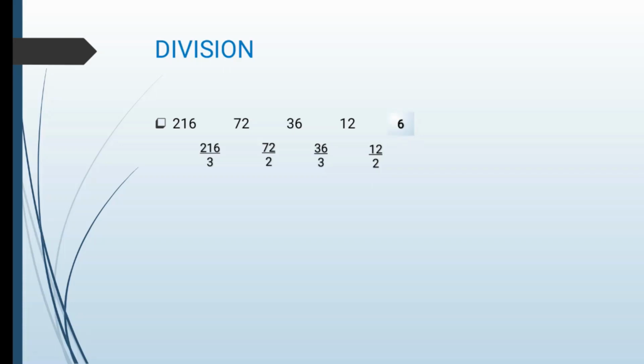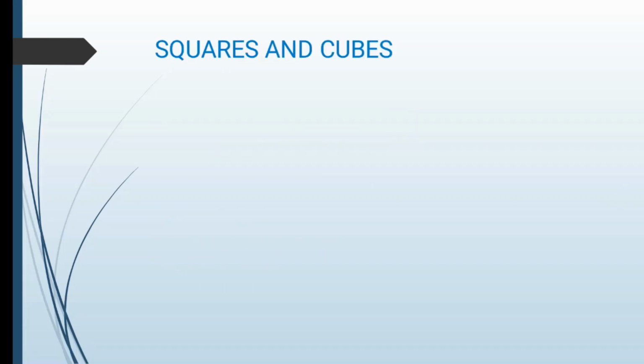Now, just like multiplication, a lot of variations can be there in the logic. The terms can be divided by constant numbers, they could be divided by whole numbers and fractions, could be divided by odd or even number sequences, and so on. Next we have squares and cubes. It is easier to identify the sequences if the squares and cubes are given to us directly.